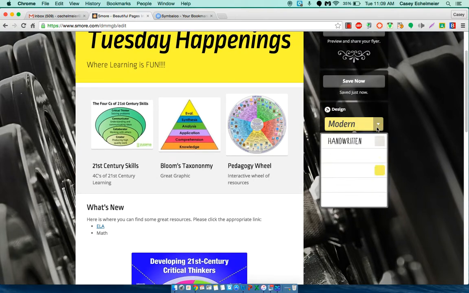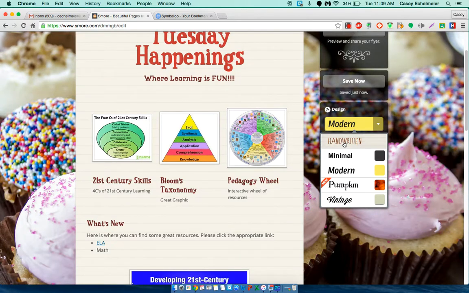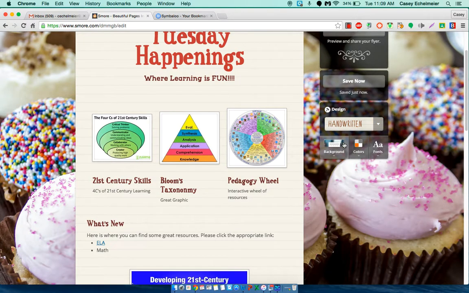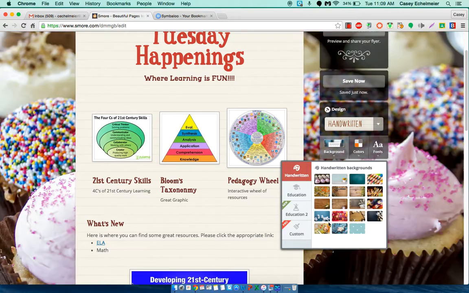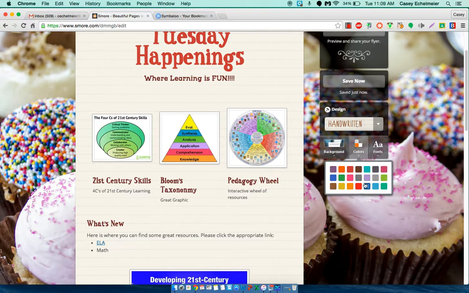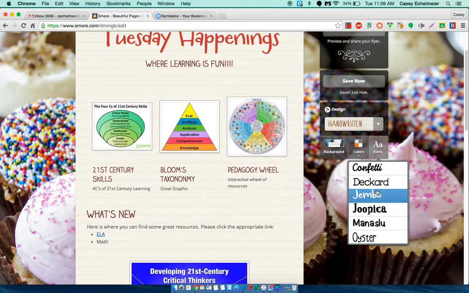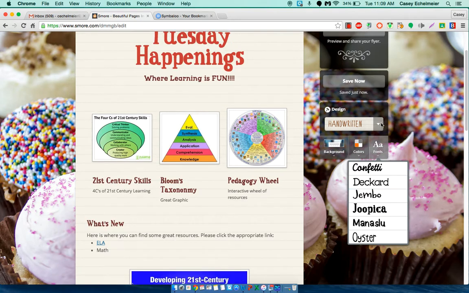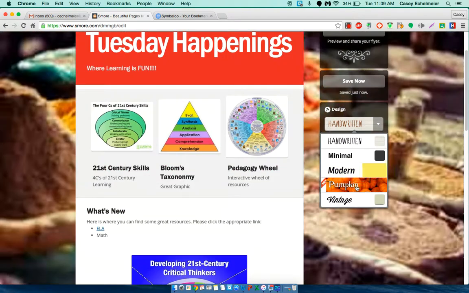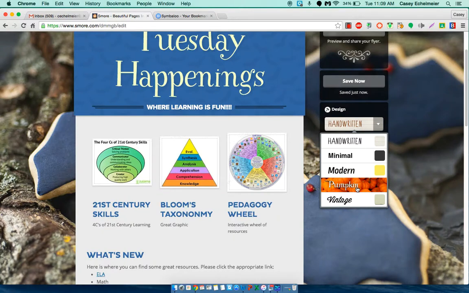Here with the free version, you get some different themes. You can do the handwritten theme. Within the handwritten theme, you'll have different backgrounds. You'll have different color options. And you'll have different fonts that you can use. If you decide to pick another theme, what I really like about Smore is they'll get into the